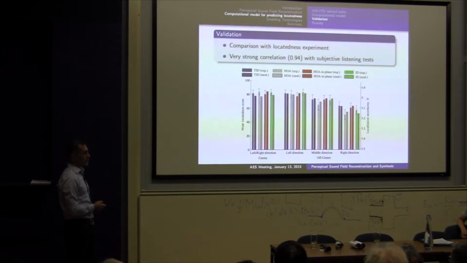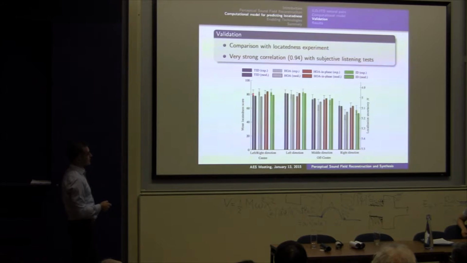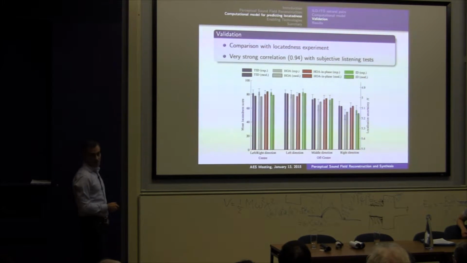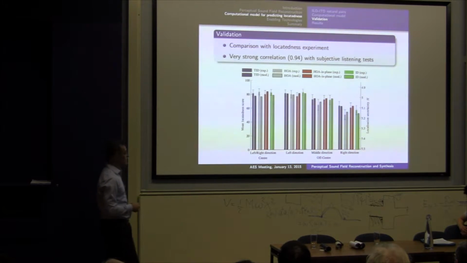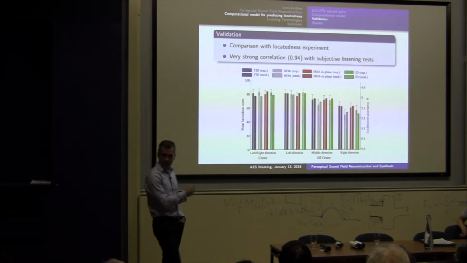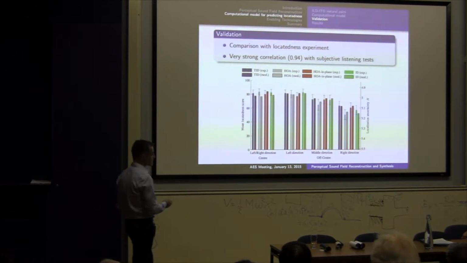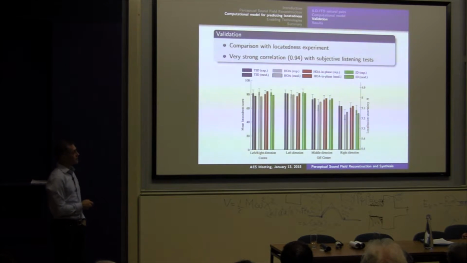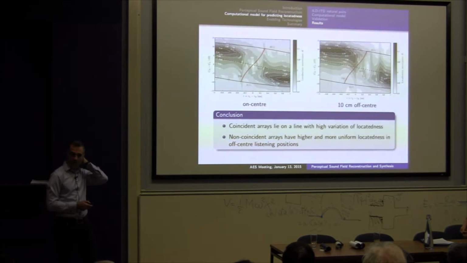And now we compared that measure of naturalness or locatedness with our locatedness experiments, which I just showed previously, and we're having very good matching with our experimental results. Previously, people would pay attention either to time differences or level differences, but there hasn't been work combining both and providing a unified, single measure of locatedness and our certainty about the location of the sound. We presented this at ICASSP, and a conference paper is in preparation now.